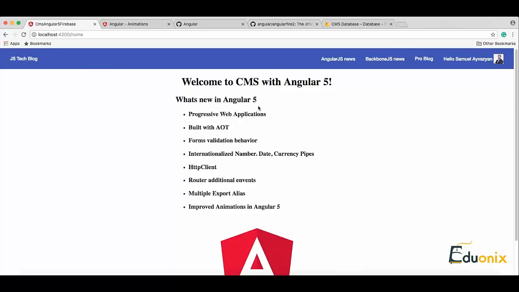And also, one day ago, Angular 6 was released. So follow our tutorials and soon we will show you what is